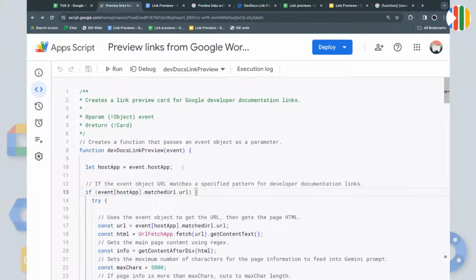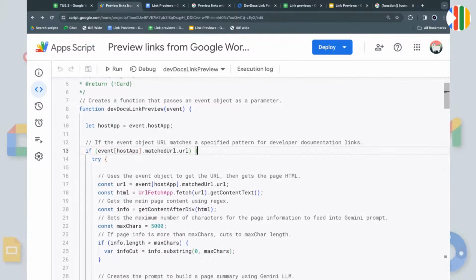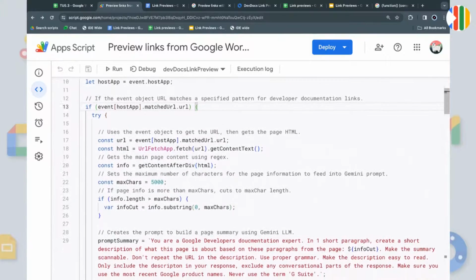So by host app, it's Docs, Sheets, or Slides. Exactly. Yep. So then what I've done for Gemini is,